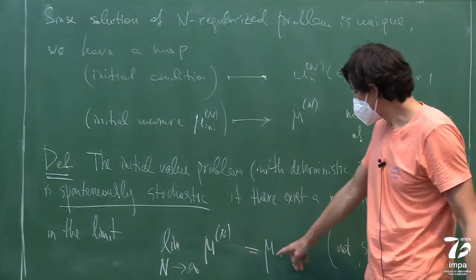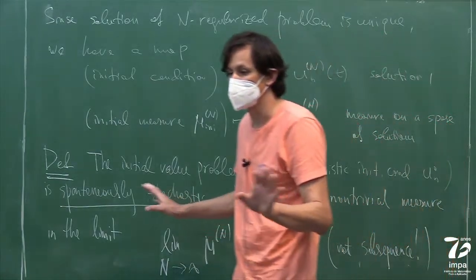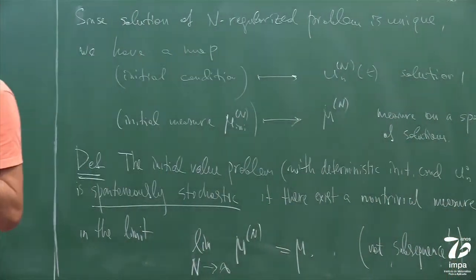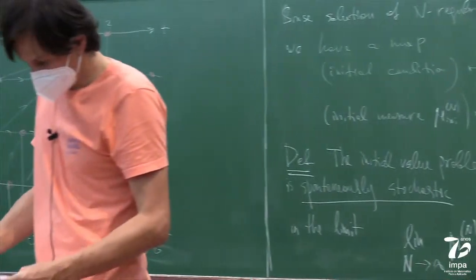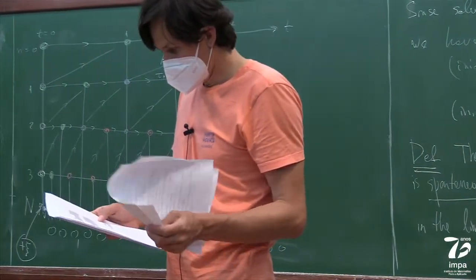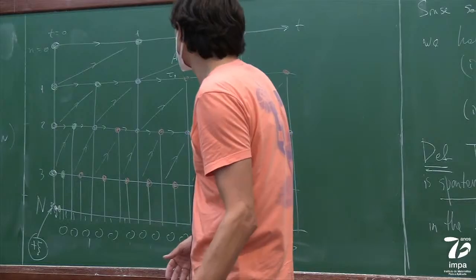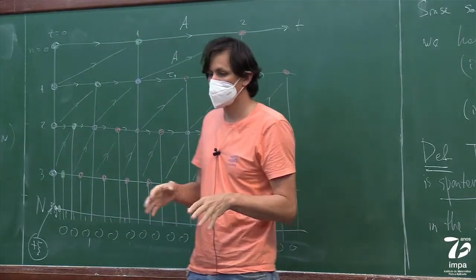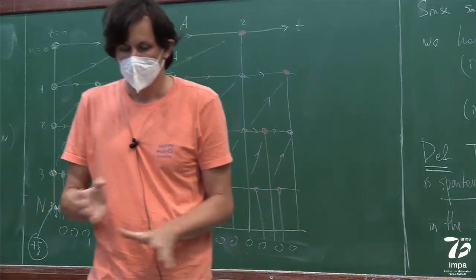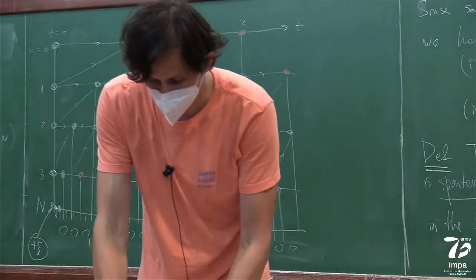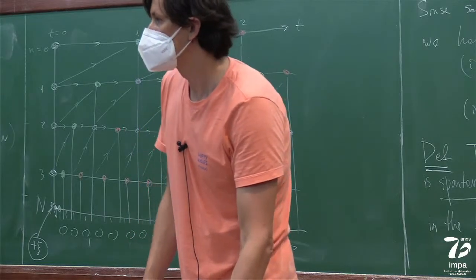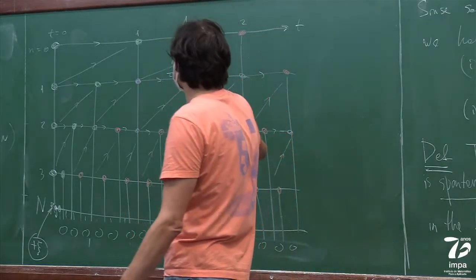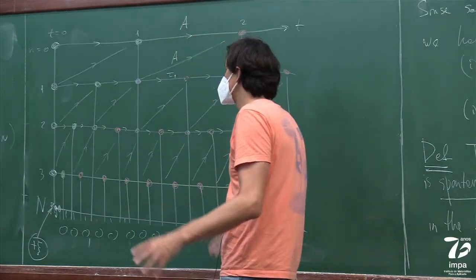In a weak sense, it will converge to the measure which is uniform on the space of all solutions. So I think that's it. Of course, I don't want to give the message that whenever you have non-uniqueness, all solutions are equally probable. It's just a specific example where they are equally probable. But the message is that